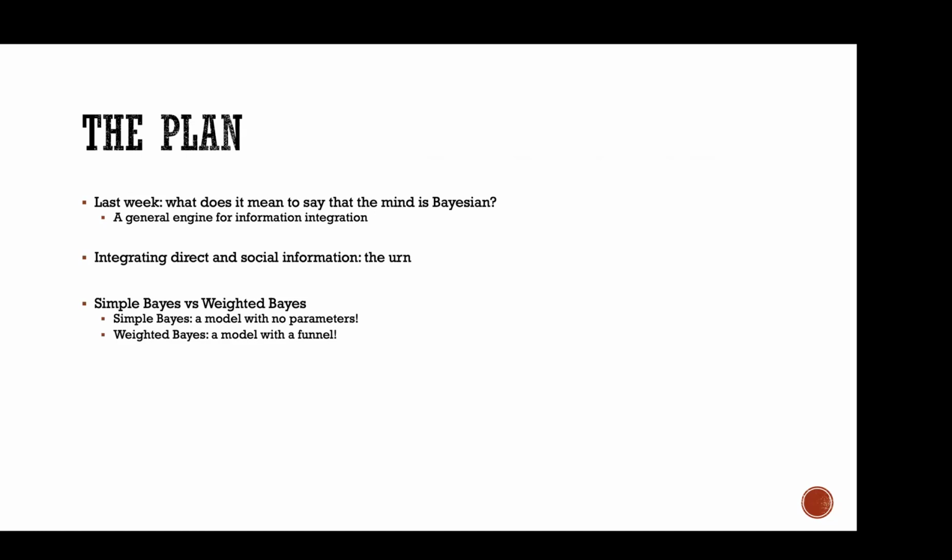And we've seen that that model had a funnel, meaning it was hard to estimate, because a weight of 1 and 1, a weight of 2 and 2, and a weight of 3 and 3 would give very similar results. This week we're going to spend more time on how to reparameterize the weighted Bayes so that it actually works. We're going to showcase the validation of that model and the model recovery, and then I will show you very quickly how we would extend these to a hierarchical version.